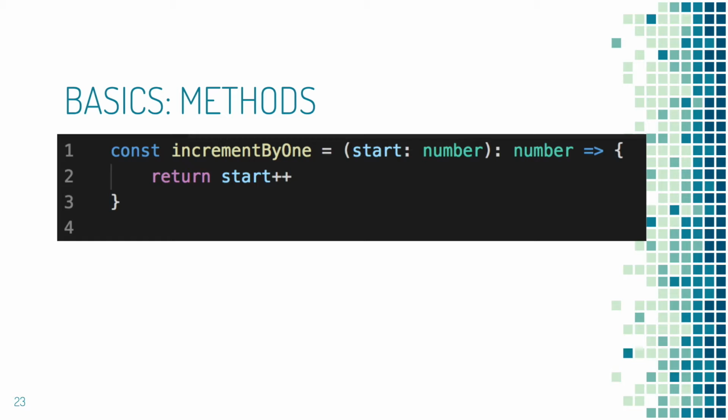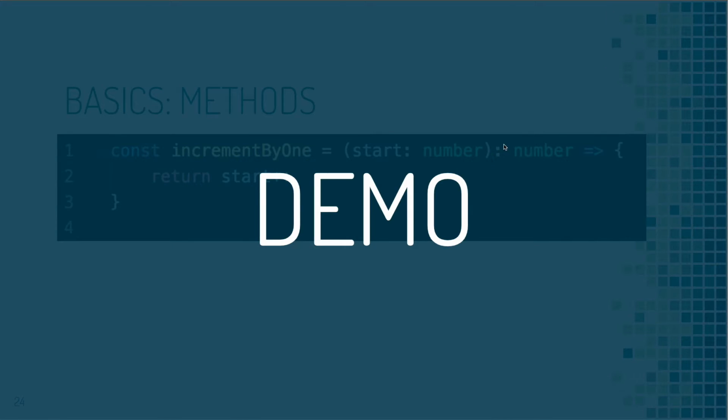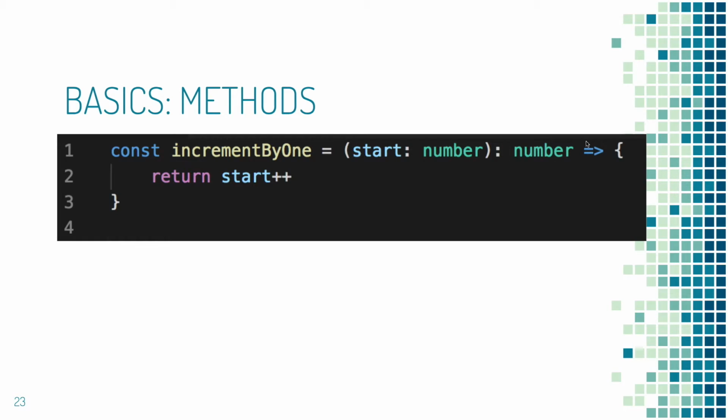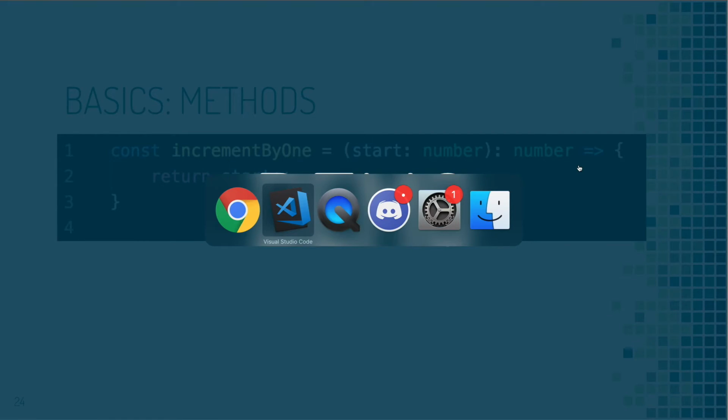In TypeScript, you want to annotate both the type of parameter that it's going to take, which is right here. So normally we would just have start here, but we're annotating what start can be, what start needs to be. And then at this point, we're annotating what the function is going to return. So we can take a look at our demo here.